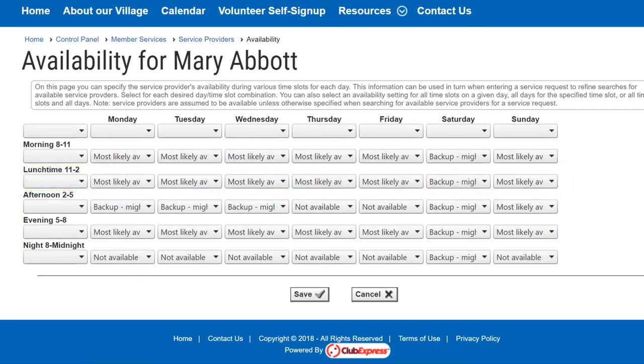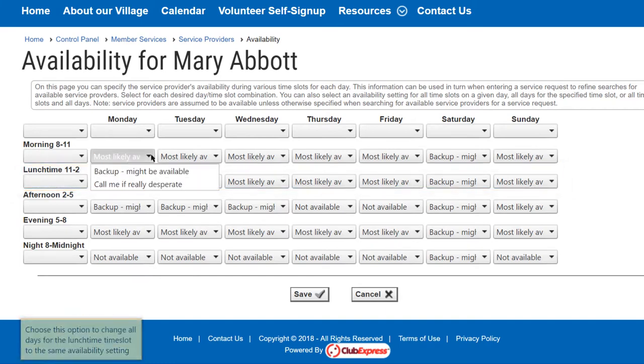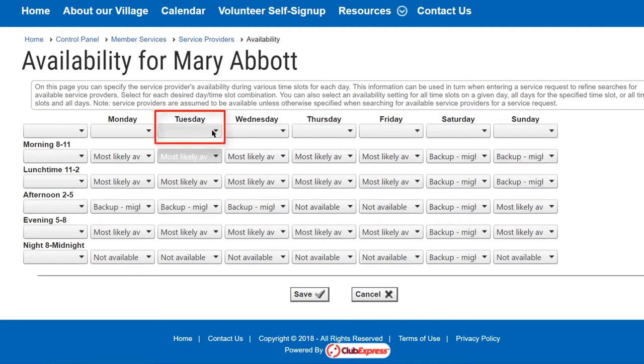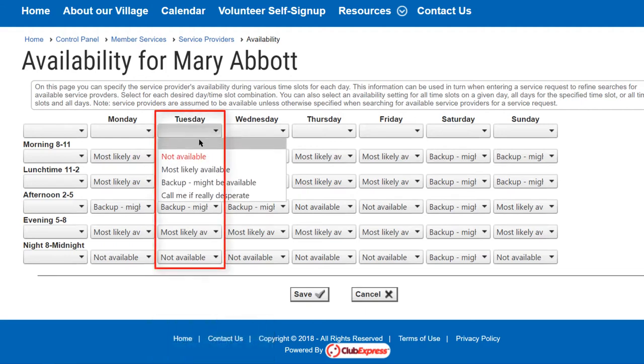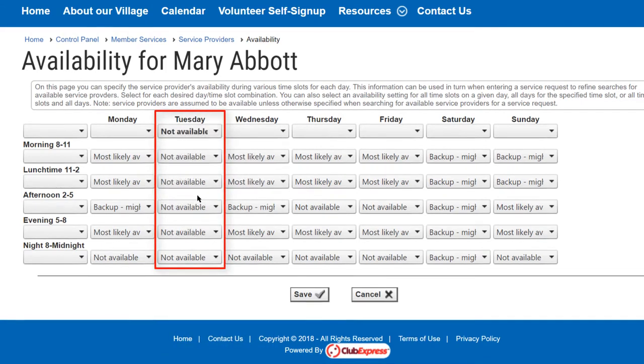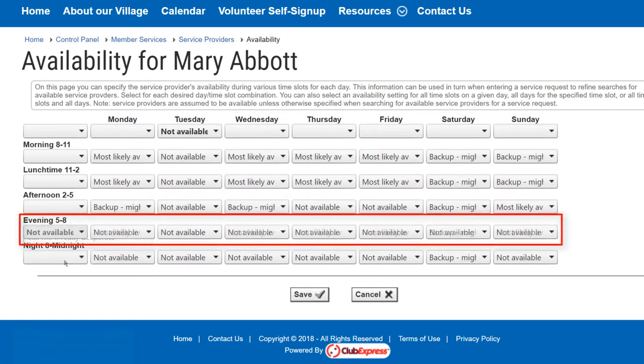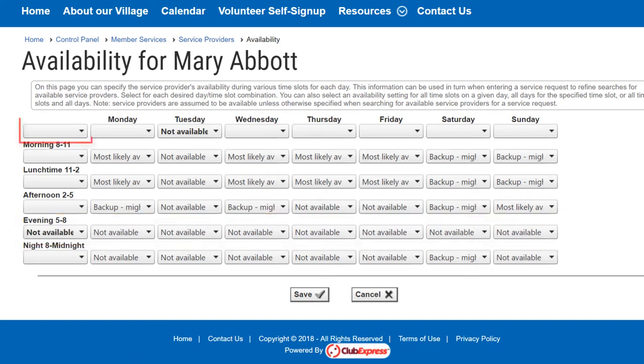For each intersection of time and day slot, you specify one of 4 availabilities: most likely available, Backup, where you might be available, Call me if really desperate, and Not available. This screen also includes shortcuts to configure a whole column at once, for example, if you're never available on Tuesdays, or a whole row at once, for example, if you're never available in the evenings,